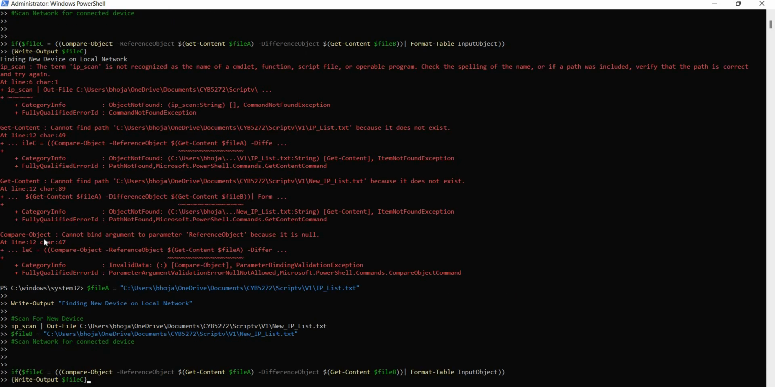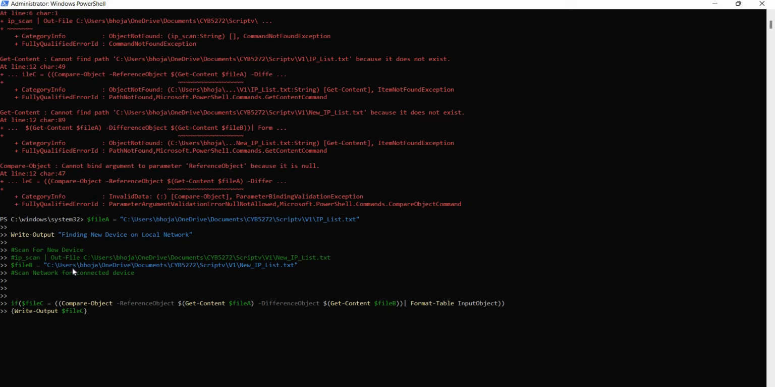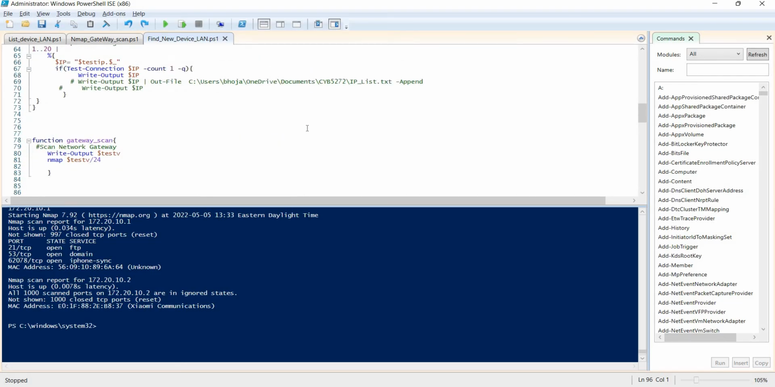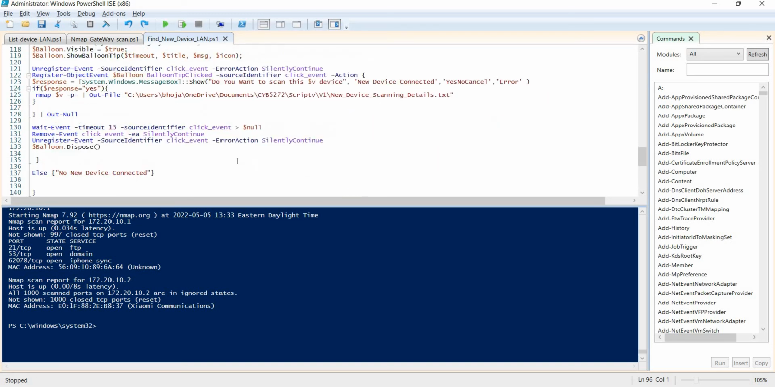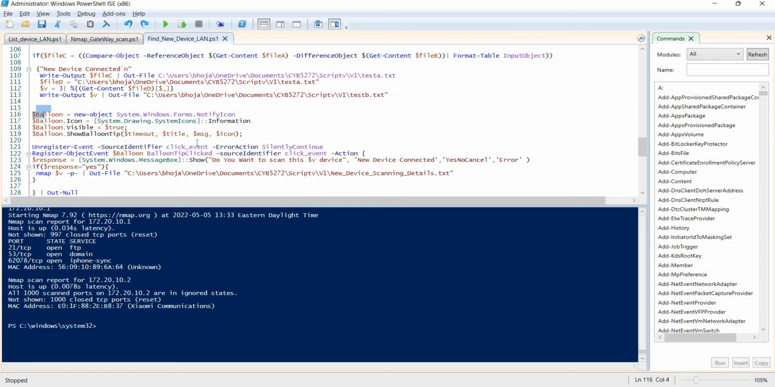So it will get the first IP list, new file IP list. Probably this command won't work right now because we don't have this file and this file. So let's just run our script and see how we get the balloon notification